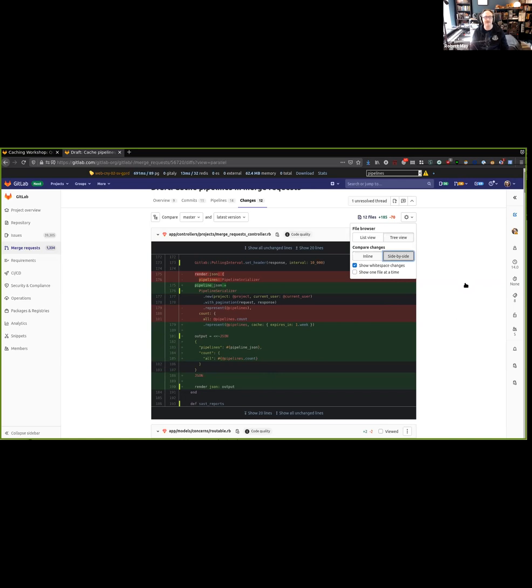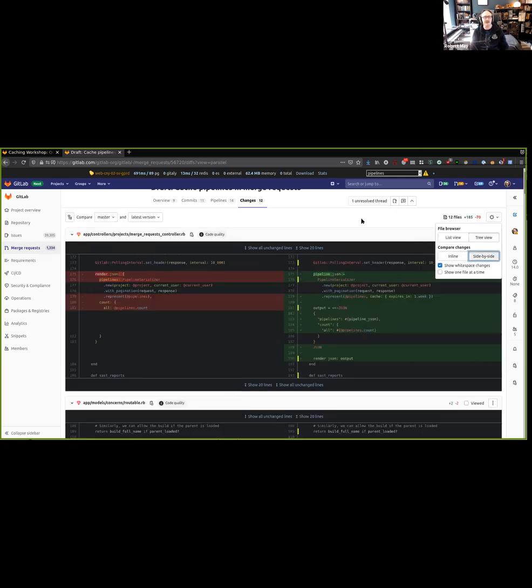Let's do side by side. So you're looking at this where it was before. It was just render JSON. This returns basically just a really big hash, and then Rails converts it to JSON. Not super fast. What we needed to do is to cache the JSON representation of each of those individual pipelines,